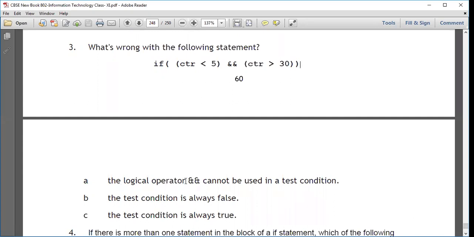The logical operator and cannot be used in a test condition. क्या हम and test condition में नहीं लगा सकते हैं? This is wrong. We can use it. तो ये statement सही नहीं है. Right? Then test condition is always false. The test condition is always true. Now see this,